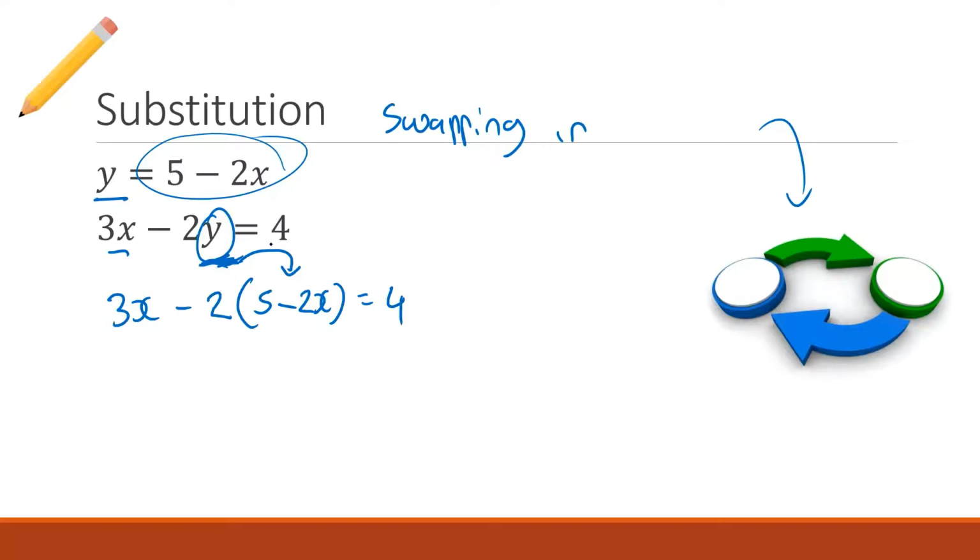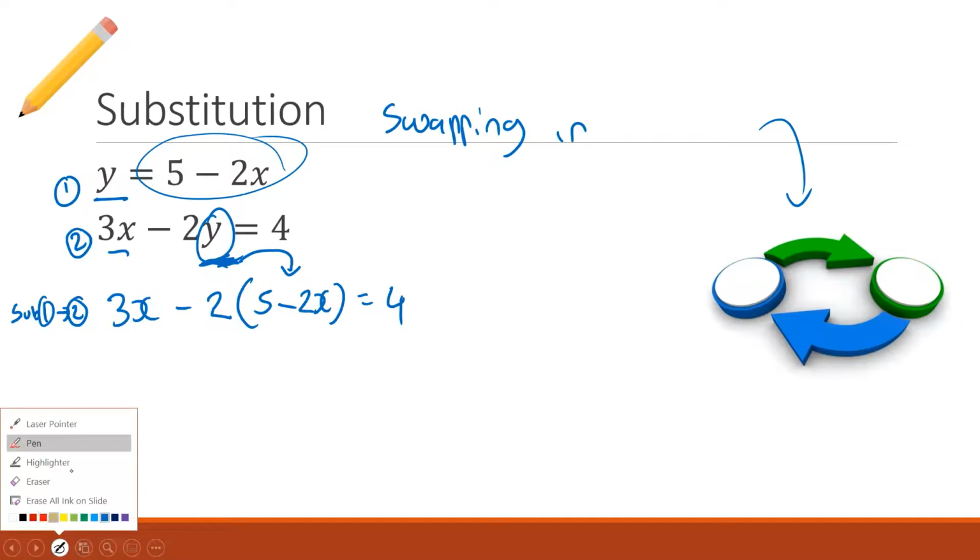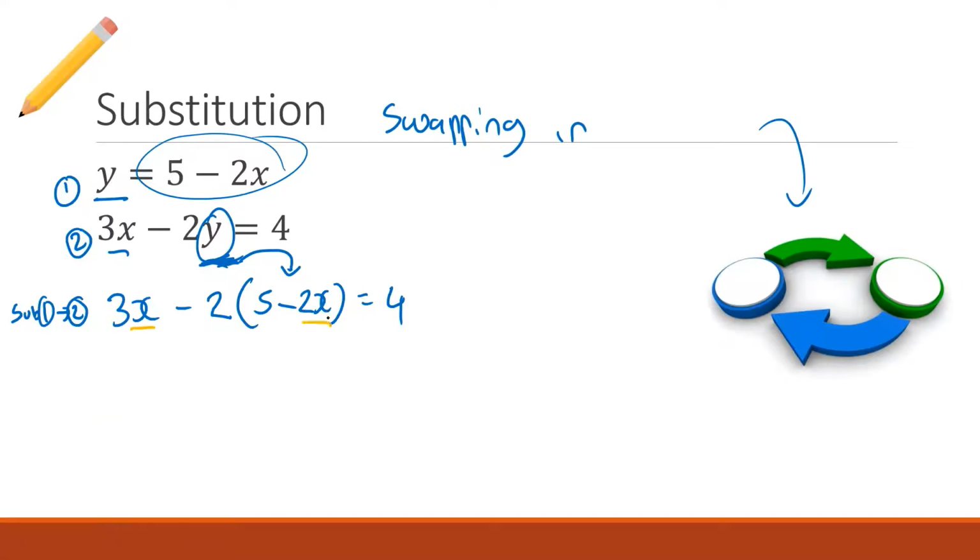Now, by the way, I will point out that some teachers, and I usually do this as well, will number these. We're going to call this equation 1. I'm going to call this equation 2. And this is what happens when you substitute 1 into 2. Now that I've substituted this in, the advantage of this is that I only have x's. I don't have y's anymore. So now I've gone from having 2 variables down to only having 1.